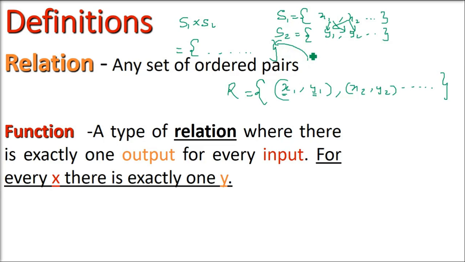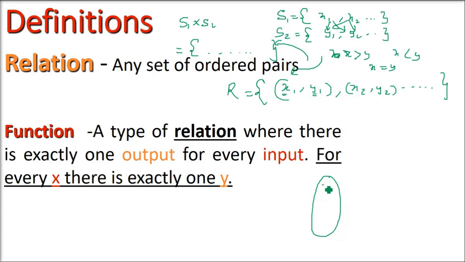Then we have a condition on this. For example, for ordered pairs, the first one should be greater than the second one, or the first has to be less than the second one, or the two values of the ordered pair are equal. So this is how we start with a set, then the Cartesian product, then we have a condition, and then we come to the relation.